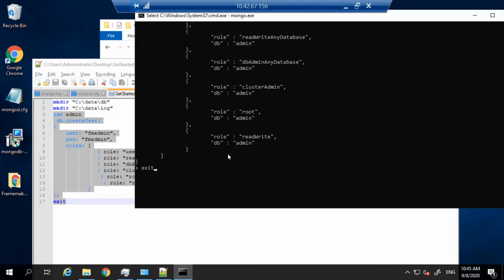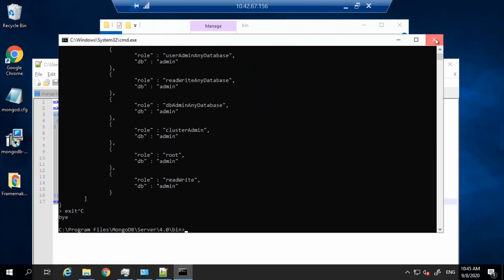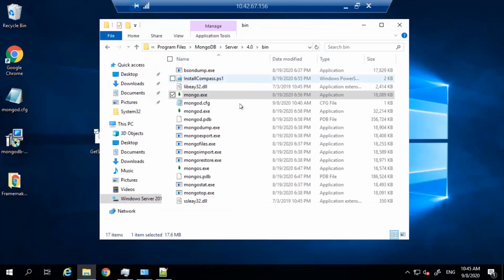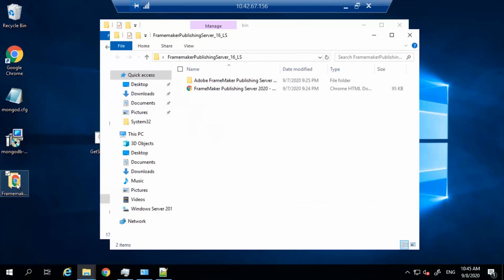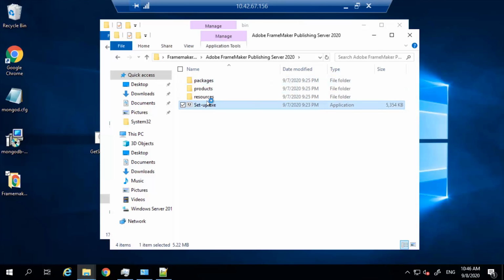Now we are good to go for installing Adobe FrameMaker Publishing Server. In the installer, we have majorly two components: one is the client component and the other is the server component. The client component should always contain Adobe FrameMaker.